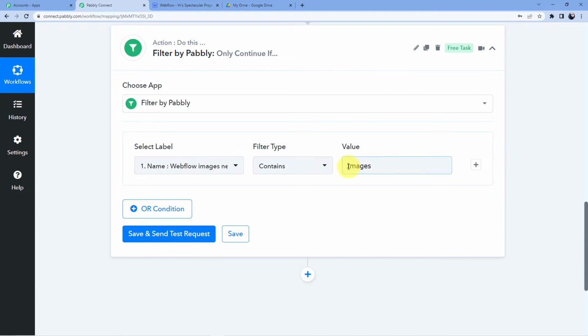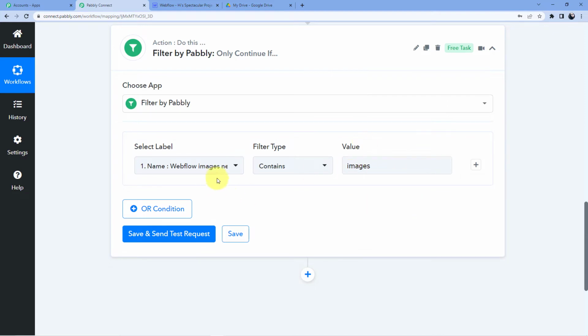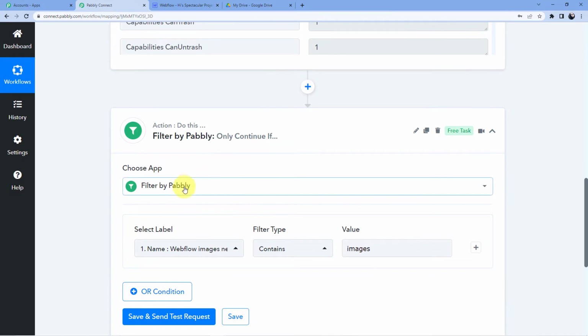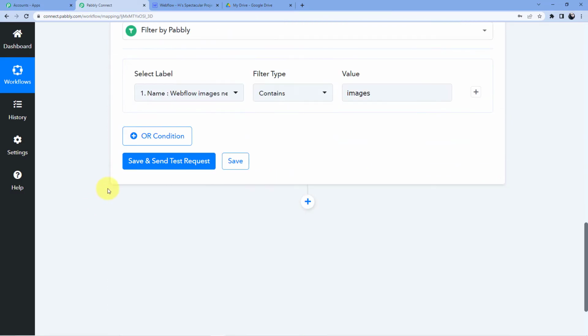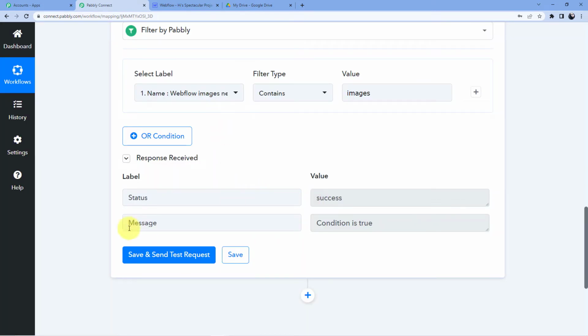So the folder which contains images will be taken and forwarded in our automation. If the folder does not contain this part, images, the workflow will stop here and it will not be forwarded and will not get connected to our Webflow account. Okay. Now I'll click on save and send test request, and here you can see status is success, message condition is true.